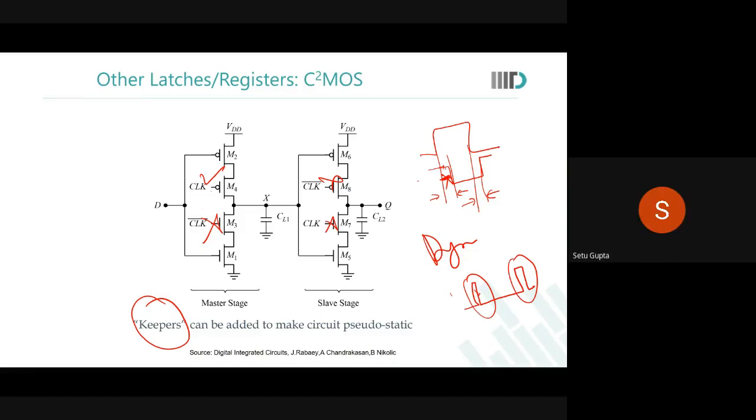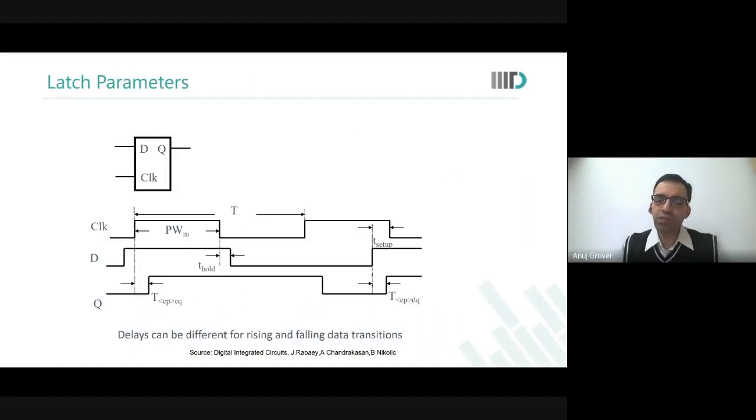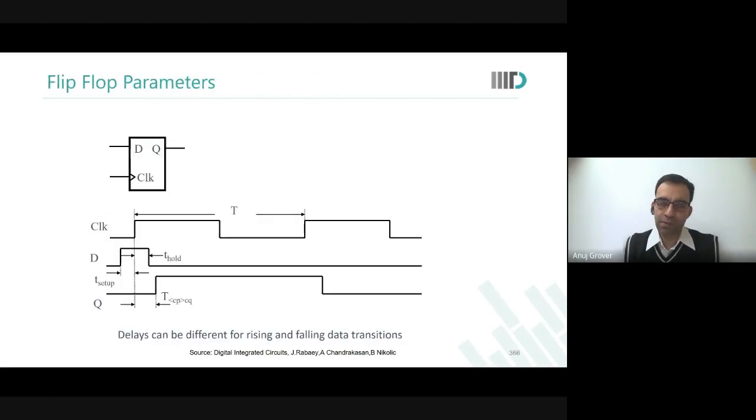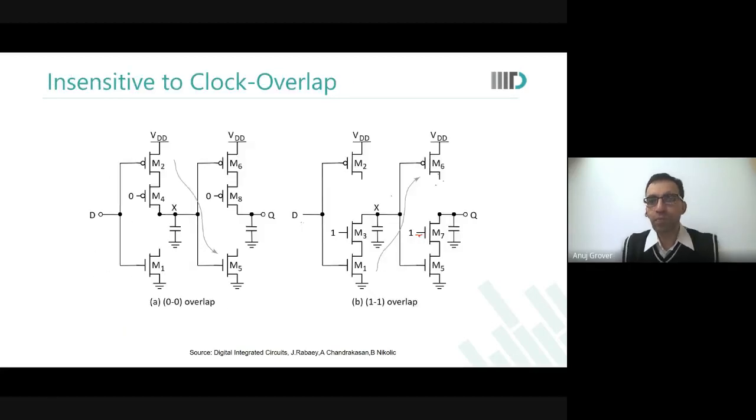Okay, so we'll stop here. In the next class we will start with the timings. And then we will also talk about sequencing, overheads, setup time, hold time, and everything. We looked at all the different architectures of flops. You will find many more architectures, but we've looked at some common ones, and we know that the standard flop is the best, most robust one. Everything else would have some challenges. They're dynamic, they could have short circuit currents, but in specific use cases they could be interesting to use.